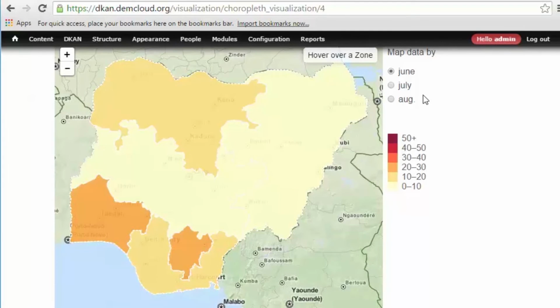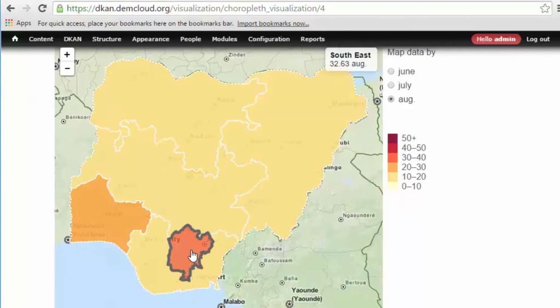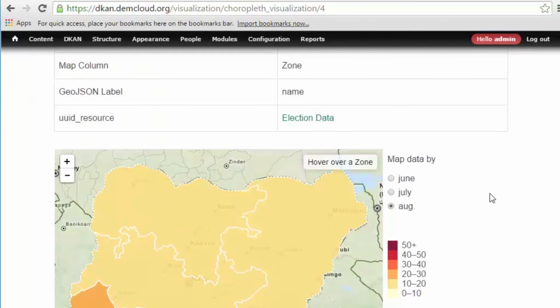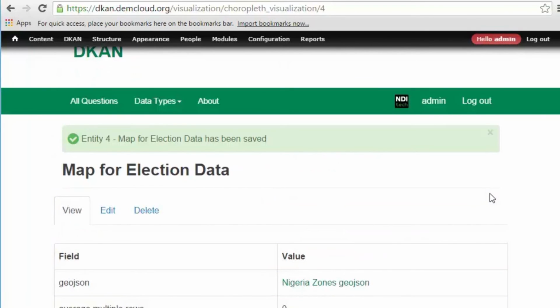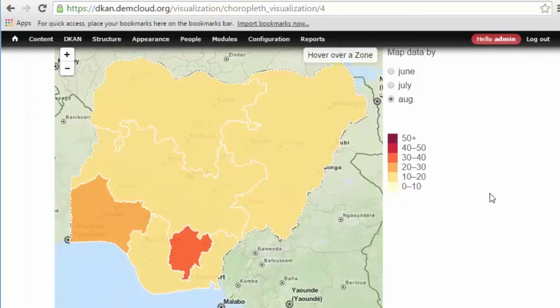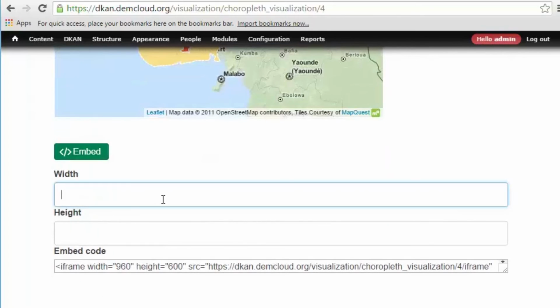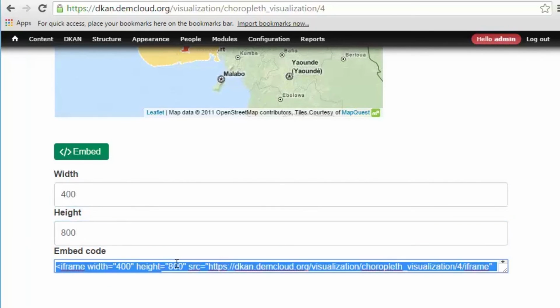As you can see, the choropleth uses the pre-selected shading and coloring to indicate the average values of your data in the GeoJSON's predefined geographic areas. DCAN's choropleth visualization function also allows us to easily toggle between data columns to show, for instance, change of data over time. On the choropleth's page, there will also be an Embed button, just like for the chart we saw earlier. This button will allow you to embed a live, dynamic version of the visualization wherever you might want it.